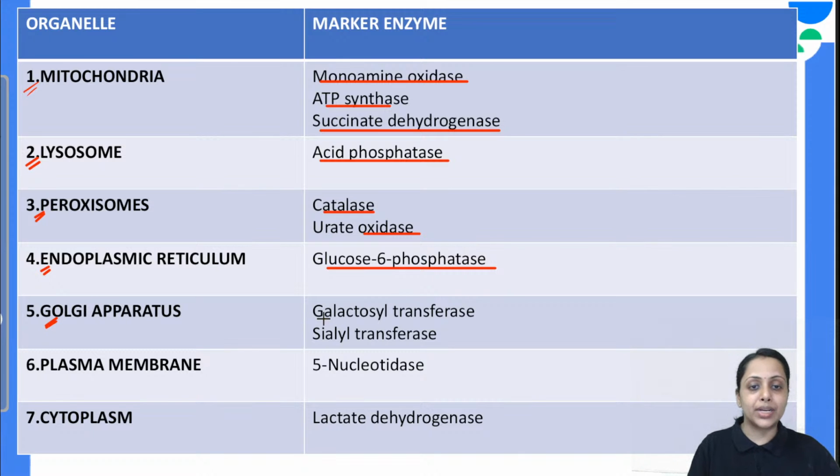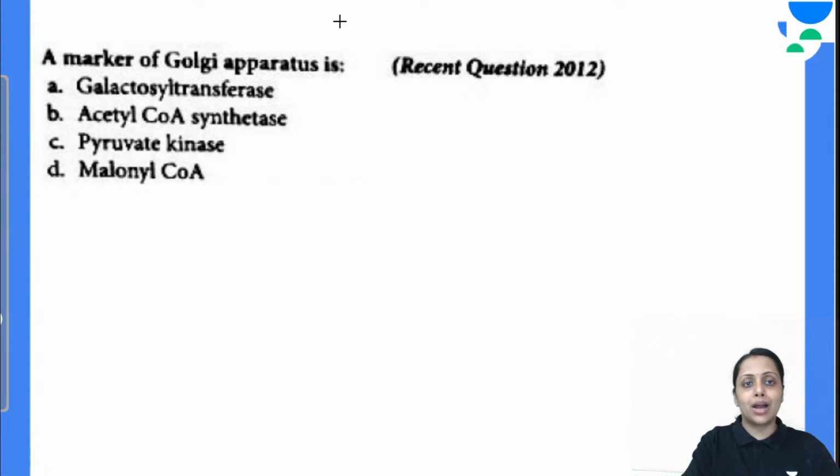For Golgi apparatus, we have galactosyl transferase, we have sialyl transferase. For the plasma membrane, the marker enzyme is 5-nucleotidase. For cytoplasm, we have lactate dehydrogenase. So all these marker enzymes are very important from the exam point of view. Do remember, everybody. Coming to the next question, a marker enzyme of Golgi apparatus is